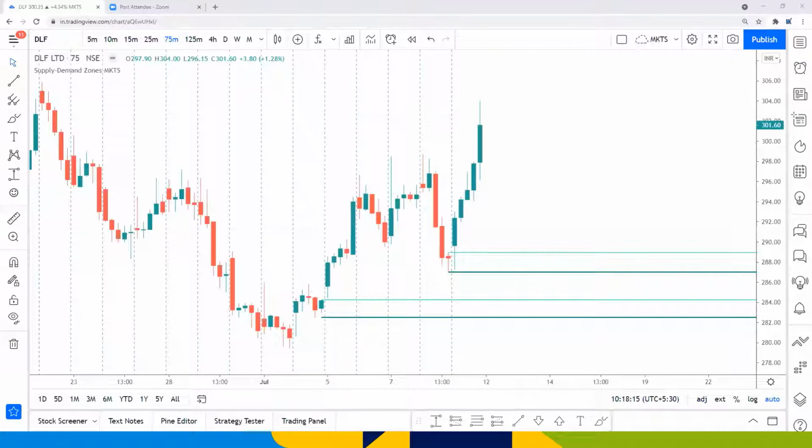There is a question, if I'm trading in futures, should I look at the futures chart or the spot chart? Devrata, personally, I will mark this directly on the futures chart. So it will not be different.